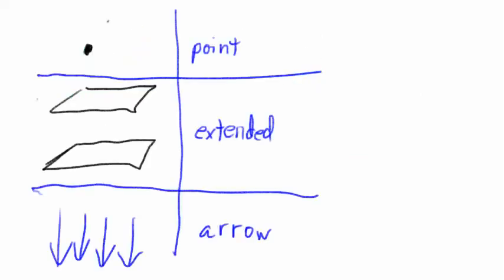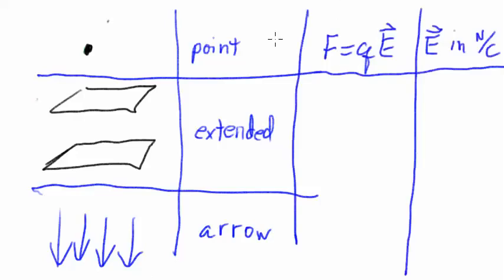I want to talk about electric fields in 3 essentially equivalent ways, but conceptually different. For the moment, we'll call these the point field, the extended field, and the arrow field. All these ways are equivalent, but conceptually and intuitively different. For the point field, we imagine that a charge Q is placed at a point in an electric field, and it experiences a force of Q times the electric field. So that means that the electric field is measurable at that single point in units of force, newtons, per unit